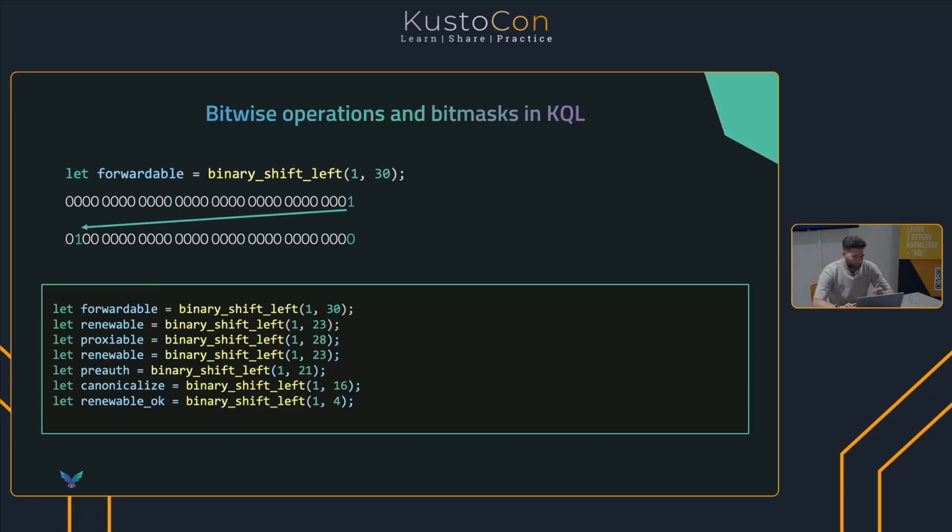So in order to calculate these properly, we can use Kerberos to propagate all these variables. We can set forwardable, which was the first bit in the documentation, so we have to put that in position 1. And then we have to shift it 30 positions to get into the most significant bit, first bit. And we need to do that for all these other fields